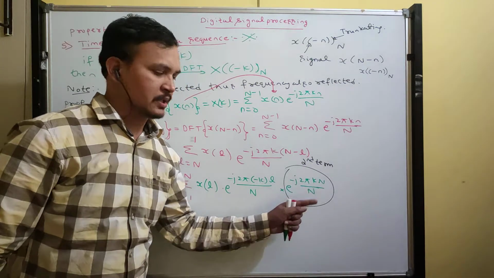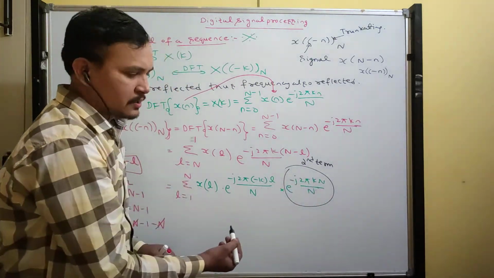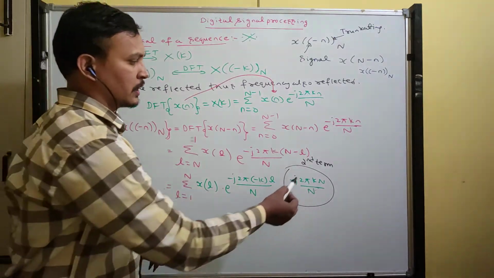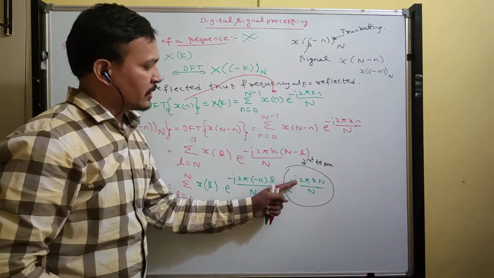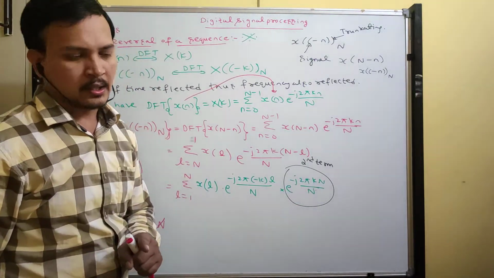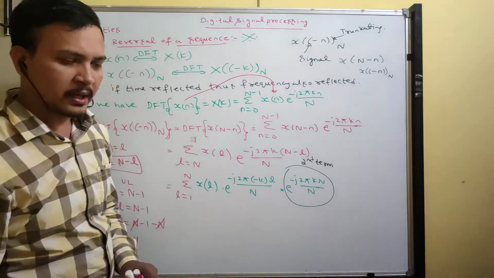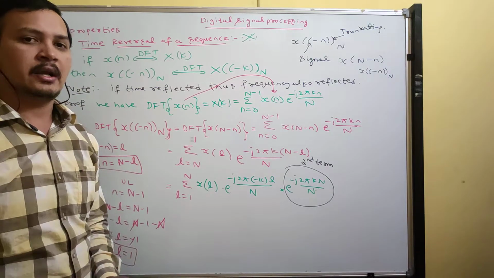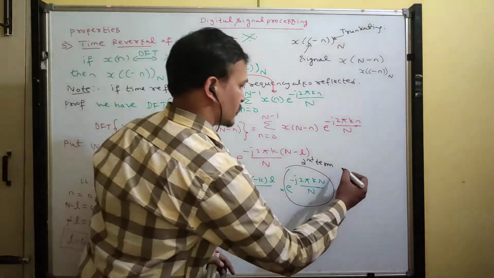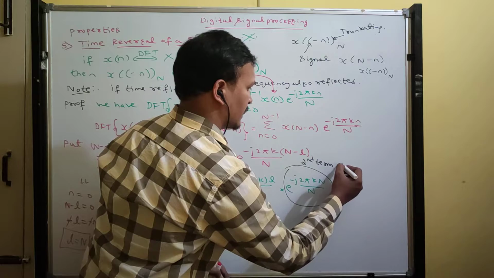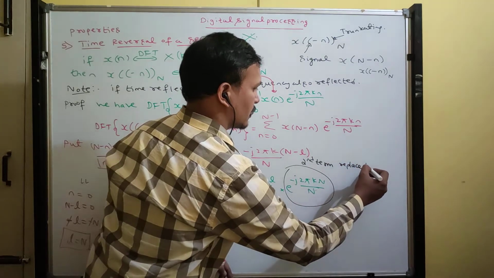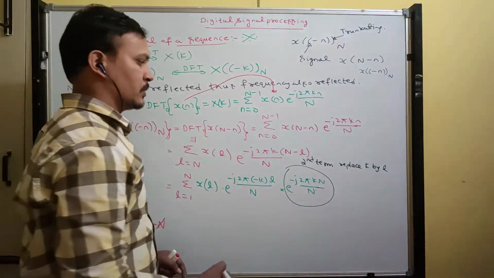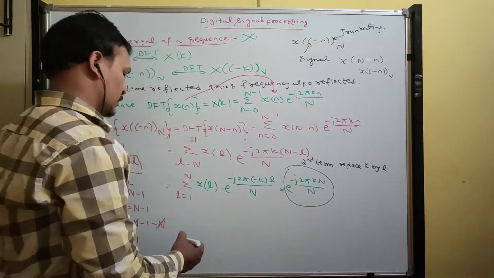So this term I am going to modify with a new integer. See here, k is an integer, n will get cancelled. Put k equal to any discrete integer, e power minus j 2 pi k, you will get only one as the answer. Therefore, I am going to replace k by another new integer for the second term. Replace k by l. Since both are integers only, nothing will happen.